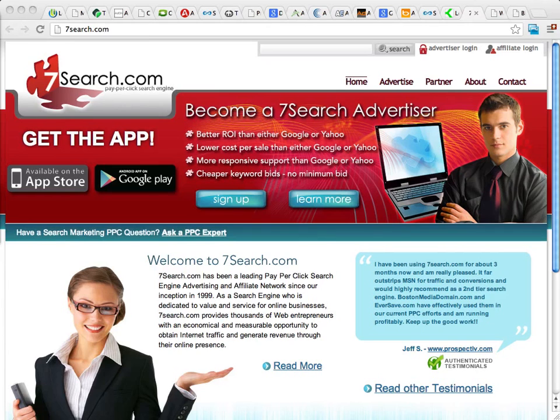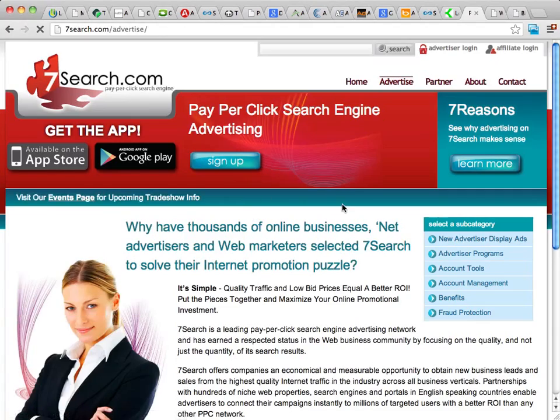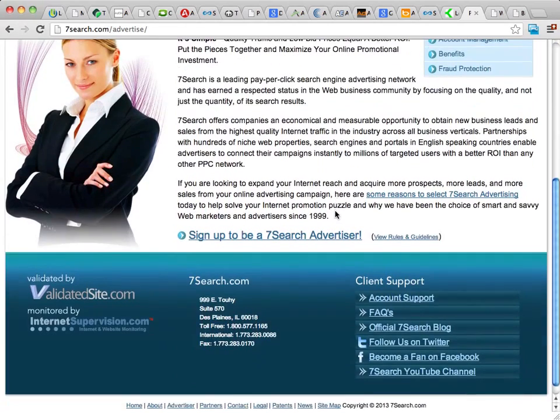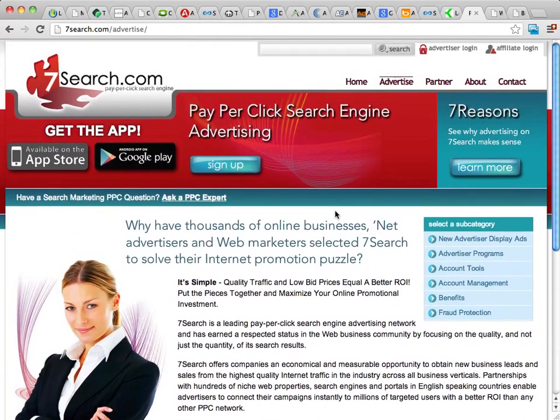You're not going to get nearly the amount of traffic that you would with Google. But they do offer really good support and good prices. You can learn all about them if you go to 7search.com and click on the advertise link. They'll give you the breakdown and show you the different tools and programs they offer. All in all, 7Search is a pretty good company.